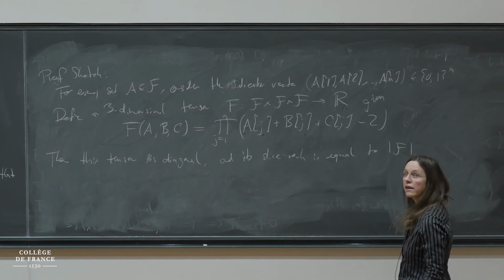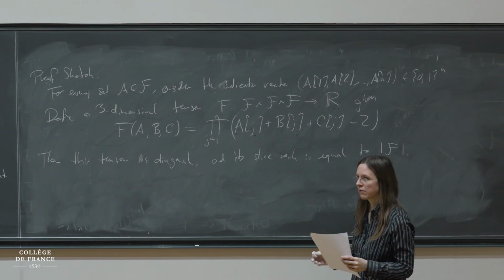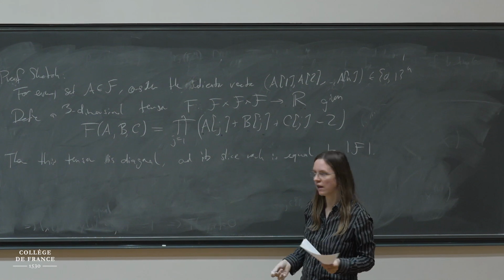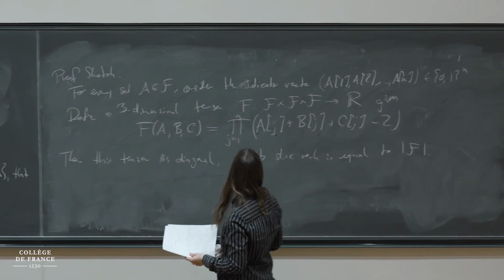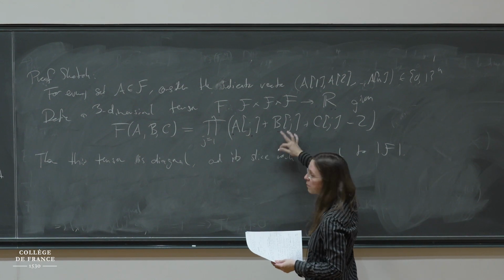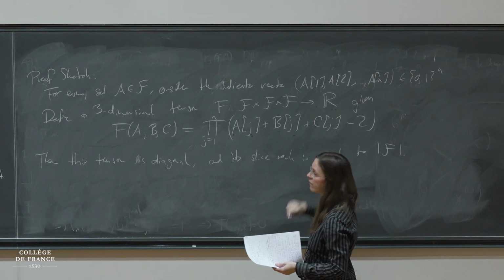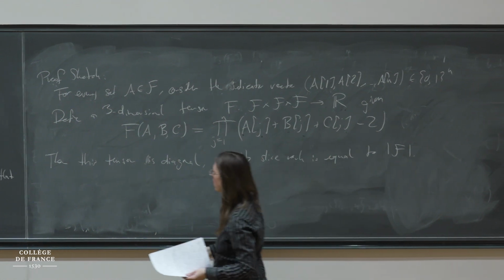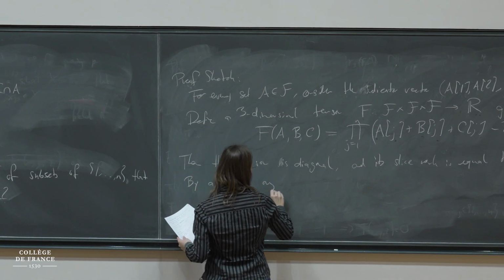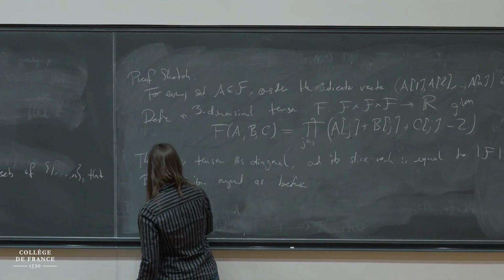And so now, on the other hand, we need to find an upper bound on the slice rank. And so to upper bound the slice rank, we do the exact same thing as before, except that we now have a slightly different degree and slightly different individual variable degrees. But the total degree of the polynomial is at most n. So that means either in the A group or the B group or in the C group, I have a degree at most n over 3. And then in every individual variable, the degree is at most 1. And so by a similar argument as before, one can show that the slice rank